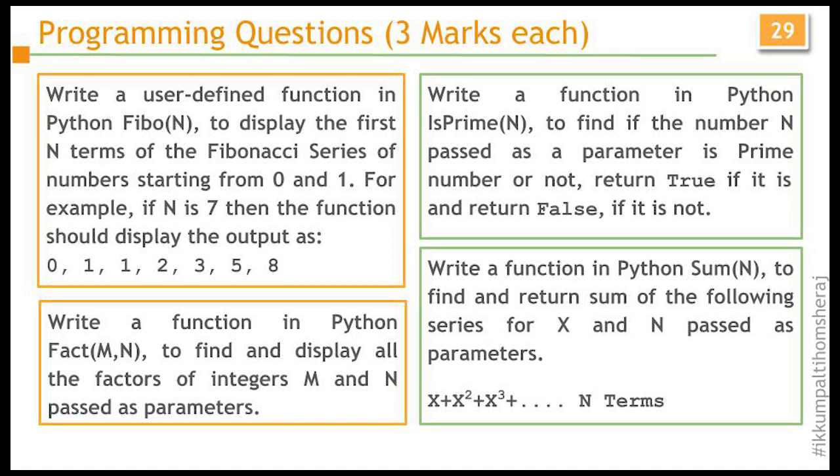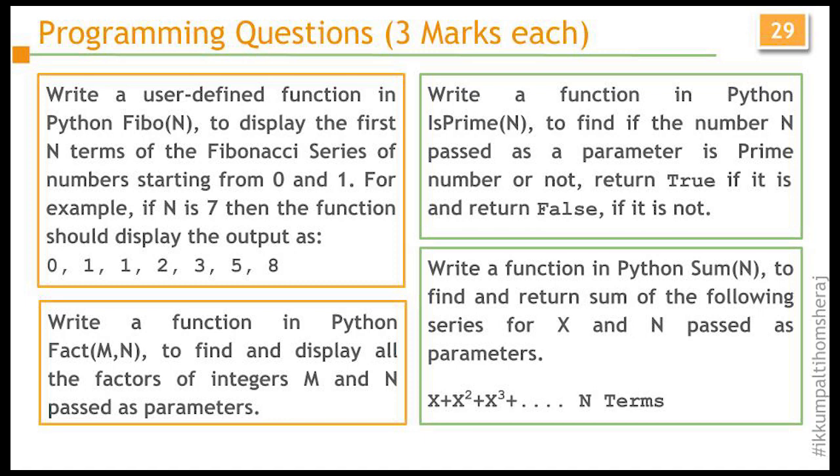Normally, we leave the question over here, and that is where the problem comes. Some people will display inside that it is a prime. Some people will come back and display it outside that it is prime. So those kind of confusions will be resolved if we clearly specify whether it is to be returned or whether a message is to be displayed or a value to be returned. So that should be very clear in the question itself.